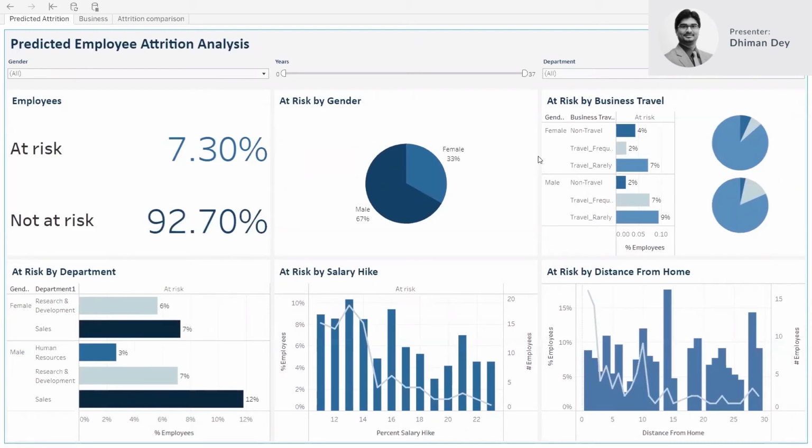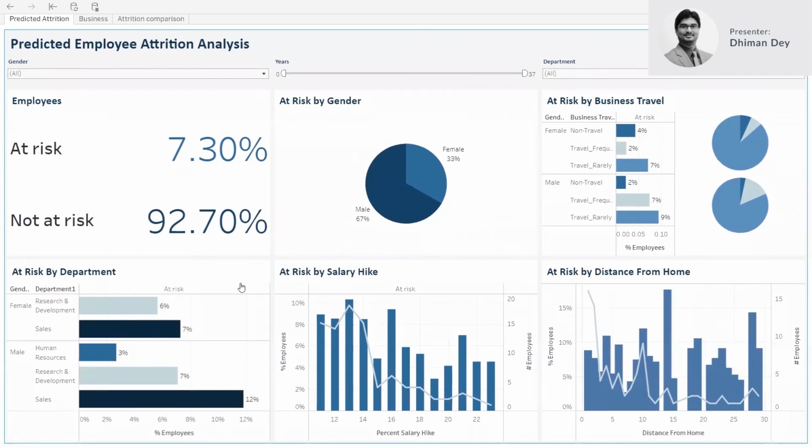When we went back to the business process to understand what's happening around this particular attribute, we found out that people who travel frequently are already accustomed to that work life routine, and people who are not traveling are also more or less accustomed to that structure. It's only those people who are asked to travel on an ad hoc basis, very, very rarely, who tend to be very unhappy with that particular situation. Okay.